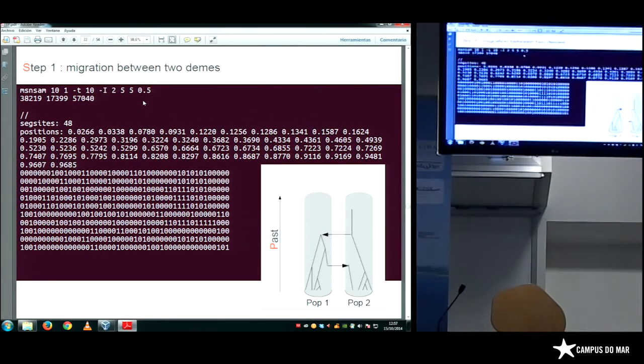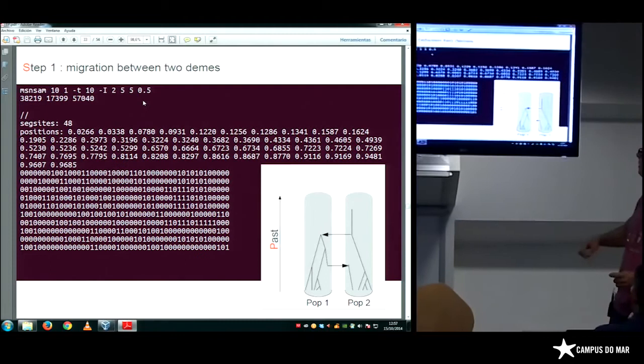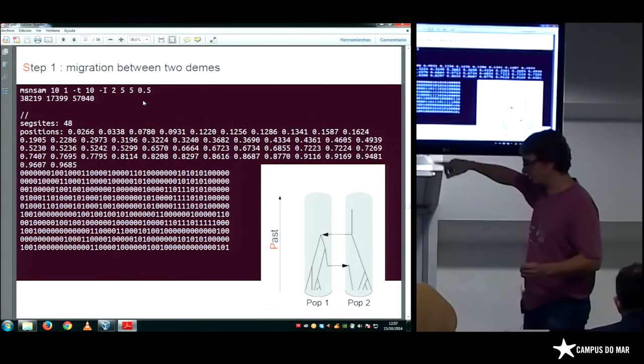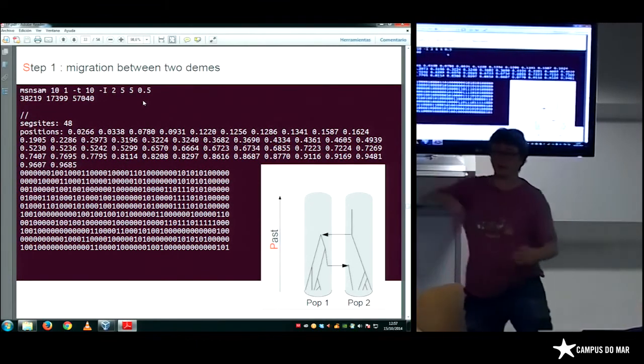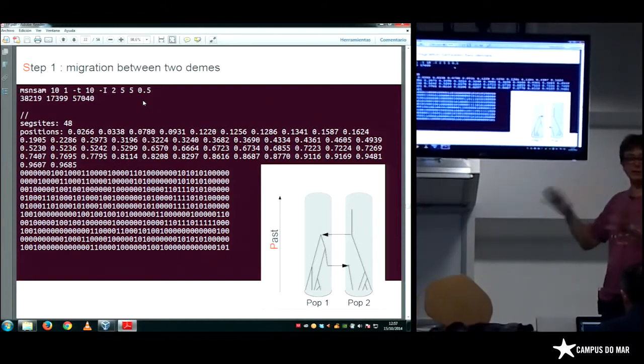So of course you can redo the simulation, and you will always obtain different values, different SNPs, a different number of SNPs. So you can call more than one simulation by putting 2 or 5, for example, here, and you will have 5 simulations. It will be 5 outputs of the model with the exact same parameters. Okay?